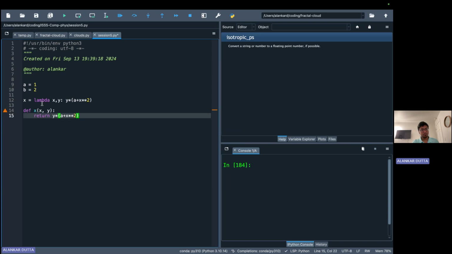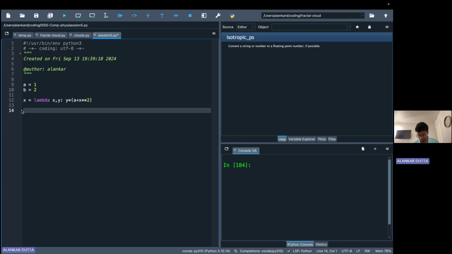So this part is the same as this part. Just that writing it in this way makes it quite simple and in one line instead of two lines. So that's the only advantage. Okay. So right, we have written this x y times a plus x square,